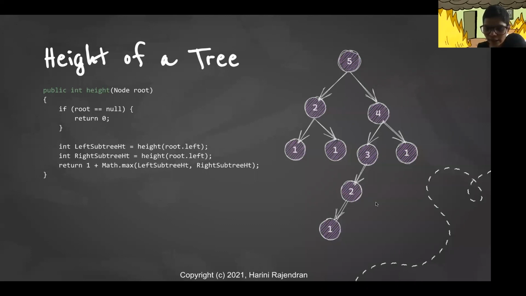So if you recursively apply this program on this particular tree, we'll call height of root node 5, which is nothing but height of this left subtree rooted with 2, height of this right subtree rooted with 4, take the maximum of it and add 1 to it, and that would be the height of the tree. So if you recursively keep applying the same logic, if you take any of the leaf node, the height of all the leaf nodes